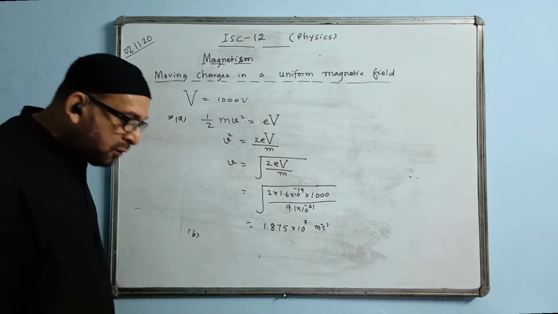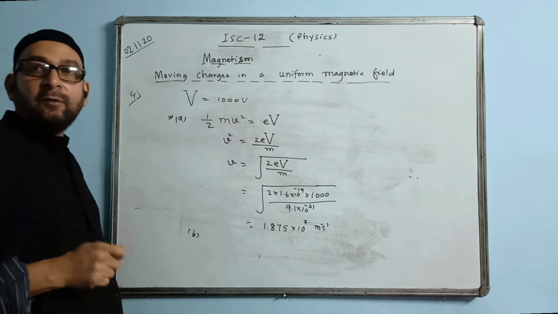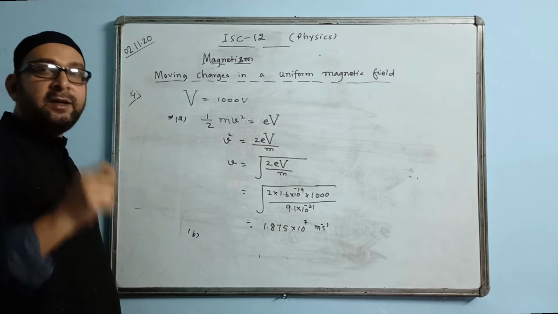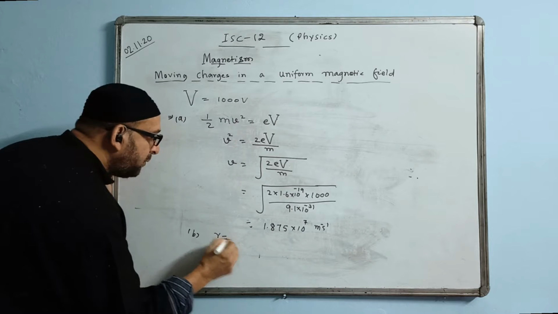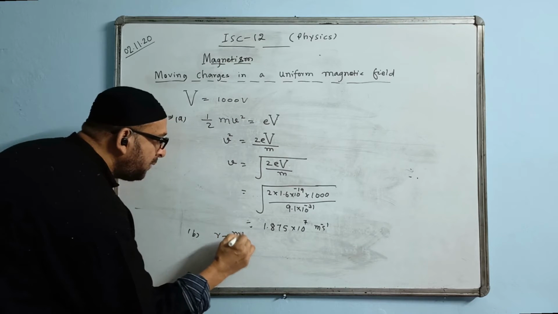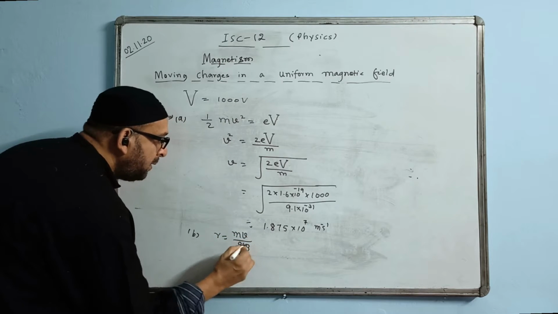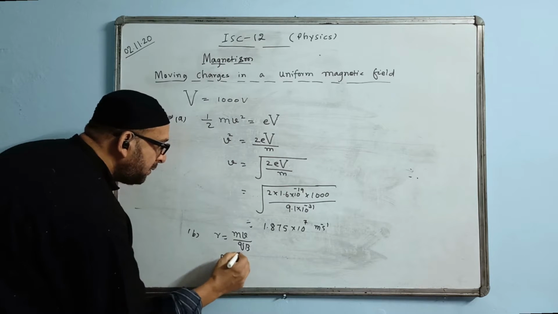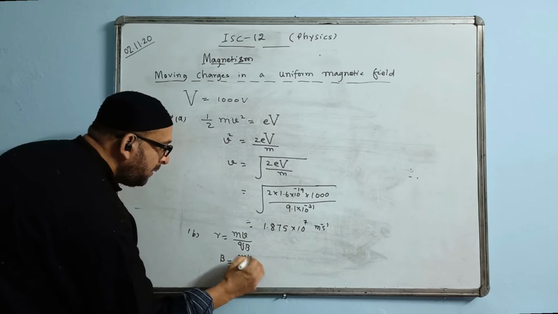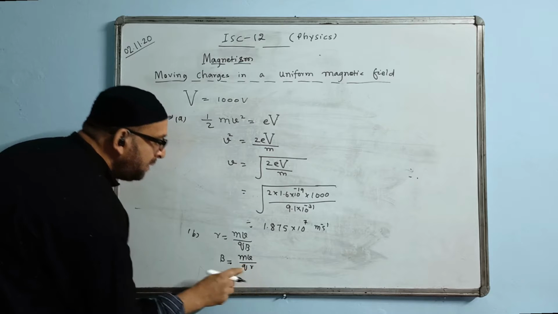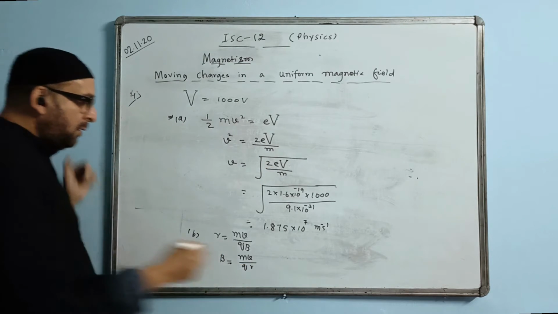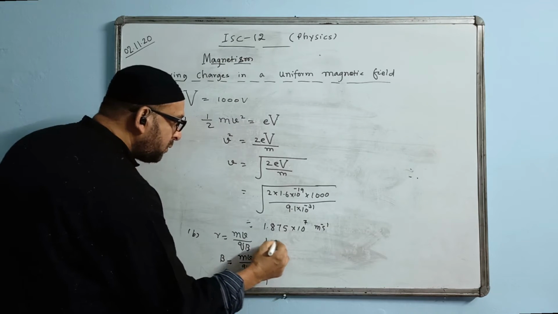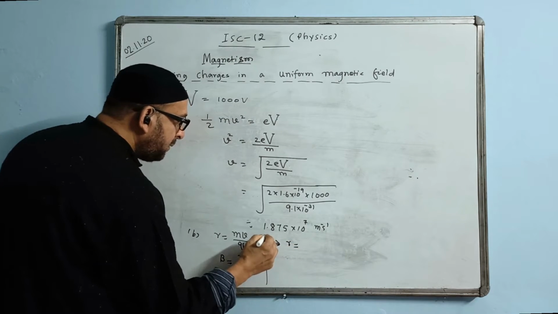Now the second part of the question, they are asking what is the magnetic induction. Magnetic induction and magnetic field are the same thing. That means you have to find the value of B. What is the second equation we will be following? R is equal to mv by qB. Making B the subject will become mv by qR. Instead of q we can add small e, it is same as q, because it is an electron. Now we will put in the values and find the answer here.